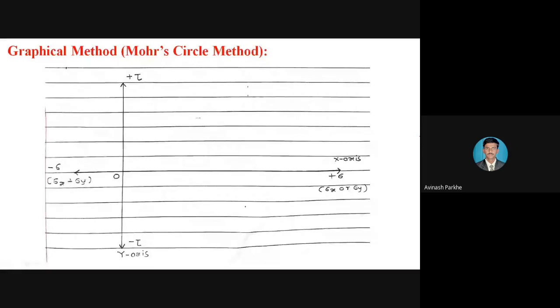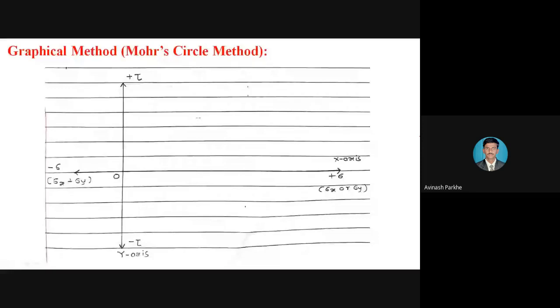Okay, so once again, good afternoon all. Today we'll start with the next point of chapter number 3, the graphical method, which is also called the Mohr circle method. In the previous lecture, we covered all 3 cases of chapter number 3, that is case number 1, case number 2, and case number 3. We have discussed all the important formulas related to the respective cases, and we have solved 3 or 4 problems based on all the 3 cases.